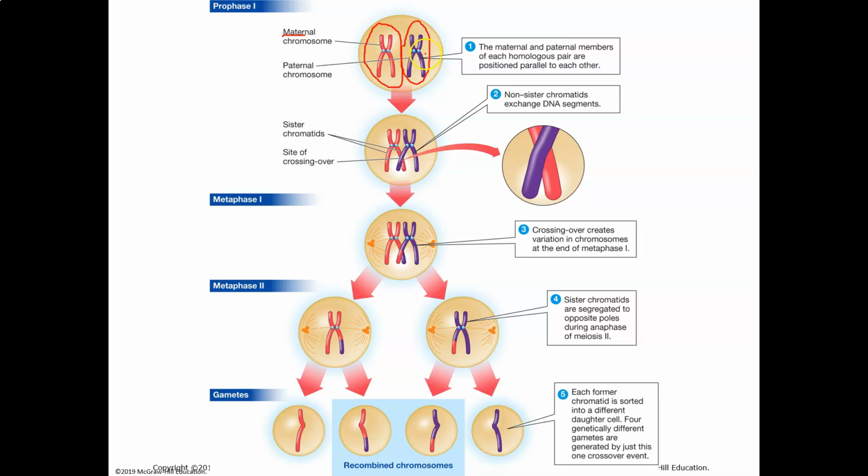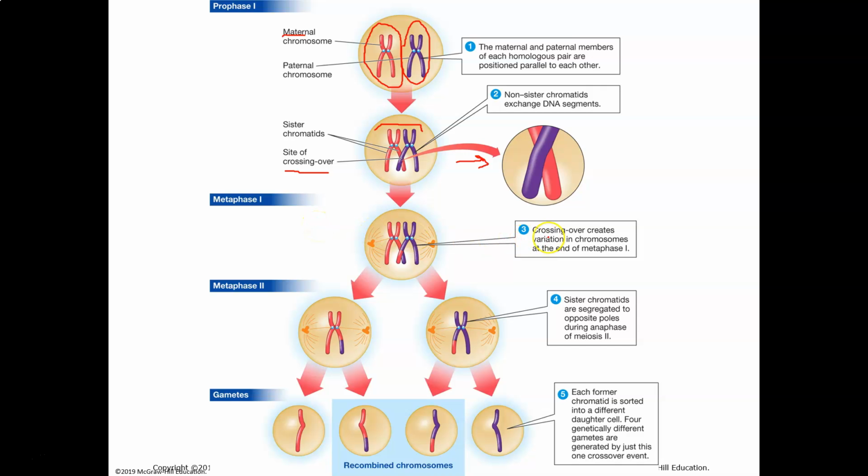Even though they're identical copies, now, here's the magic of meiosis. The magic of meiosis is this thing that's called crossing over. Crossing over is these 2 pairs that have been replicated, they get real close to each other. And at this point, this is called a tetrad. And tetra means 4. So you've got 4 individual chromosomes, and they do this magic thing right here. They get real close to each other, they get next to each other, and they swap genetic material. That's a crazy, weird thing. They swap genetic material.